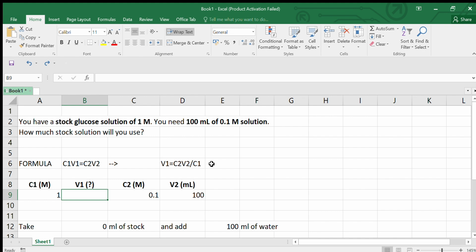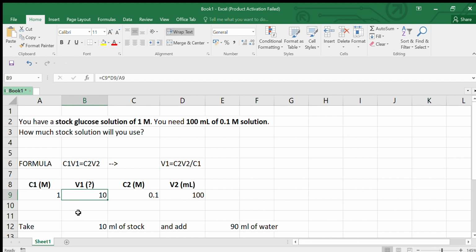So what I'm going to do now is, I don't want to do all this manual cross multiplication. Simply I am going for an Excel based formula, wherein I am writing this particular formula again, but in a manner that I am expecting V1 as the final answer. So I write C2 multiplied by V2 divided by C1. You can see I have put an equal to sign in the beginning. That is something that is supposed to be added whenever you are going for any kind of Excel calculations. And I simply click enter. You can see my V1 value comes to 10.